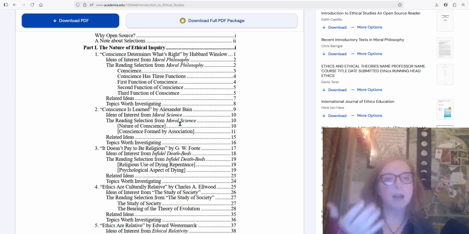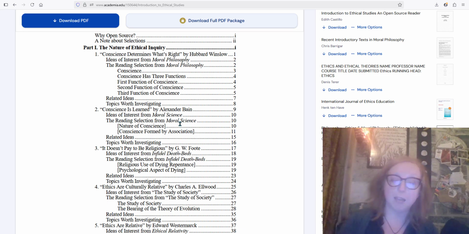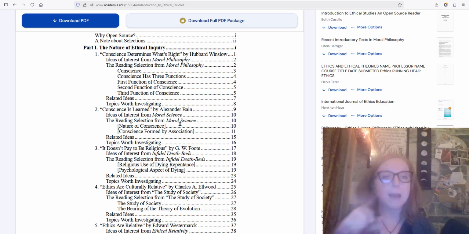For instance, in a reference page in APA format, always alphabetical, it would be Bain first, even if I started my paper with Winslow. So it would be Bain, comma, A period, because APA uses initials. And then it would be the article. I need the name of the article, Conscience is Learned. And let's say I'm using a direct quote. I would need the page number and then the rest of the information from the book for the bibliography